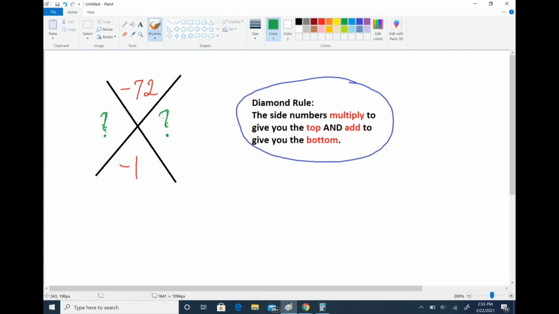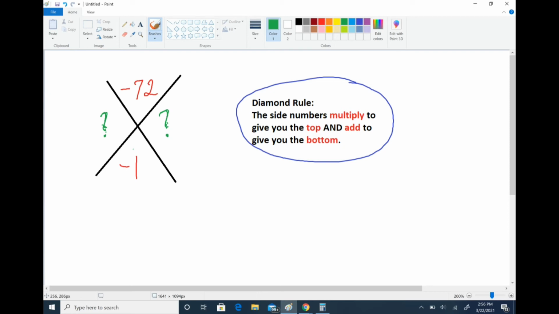So in this question, are there any two numbers that you can think of? And open your mind for this. Think positive and negative numbers. Are there any two numbers that can multiply to give you negative 72 for the top and add to give me -1? Something that I found to be very helpful is I always make a list of the numbers that will multiply first,